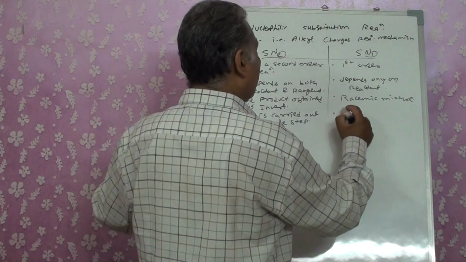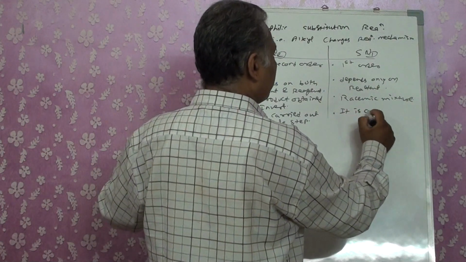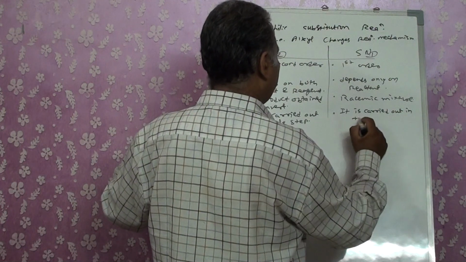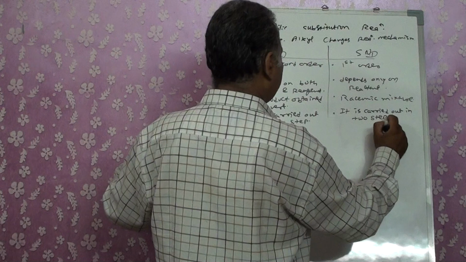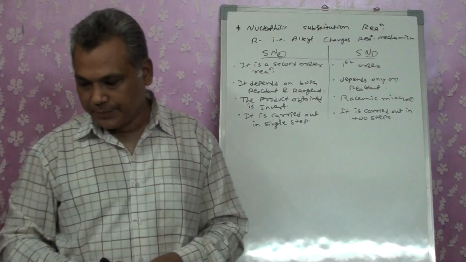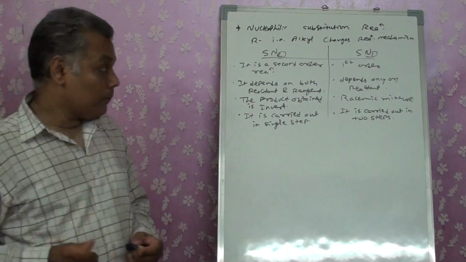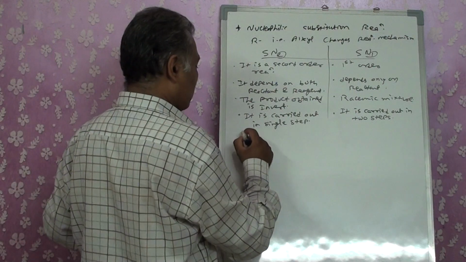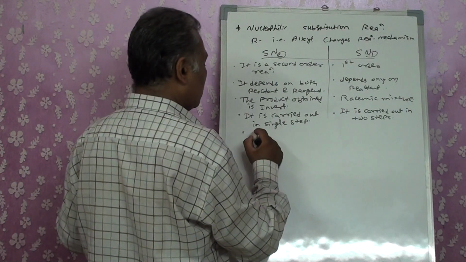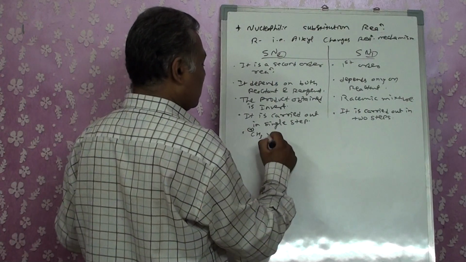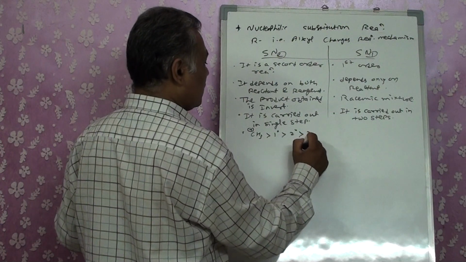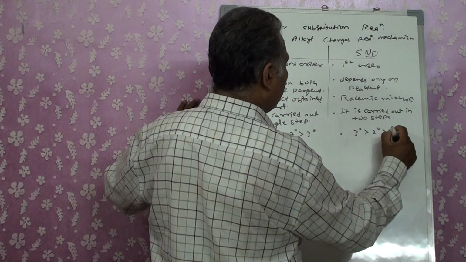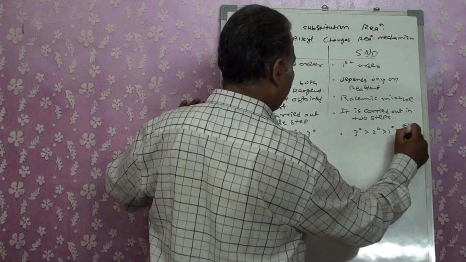Here it's carried out in 2 steps, right? It's carried out in 2 steps. So that is the reason why we get two different reactions. Here the order, you can write it as a difference. Order, it's CH3 plus primary, secondary, tertiary. For this you can write it as an order: 3 degree, 2 degree, 1 degree, CH3.